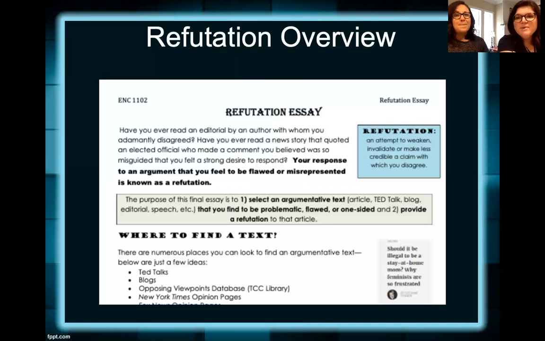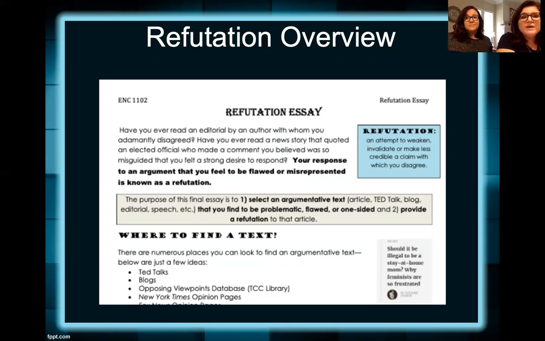Yeah. So remember, with paper one, you chose a TED talk and you looked at the effectiveness of the argument. And in essence, you talked about what the speaker was doing well, what made a good argument. For this one, you're going to be doing the exact opposite. So you are going to look and see what makes an argument weak or flawed or problematic. And instead of just looking in TED Talks, you get to select the text. And we'll talk about that in just a minute.